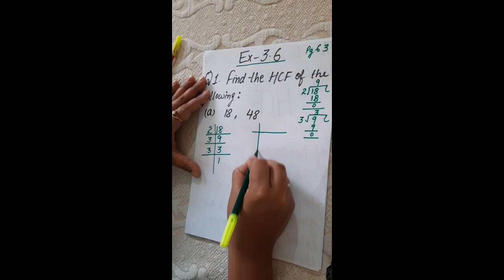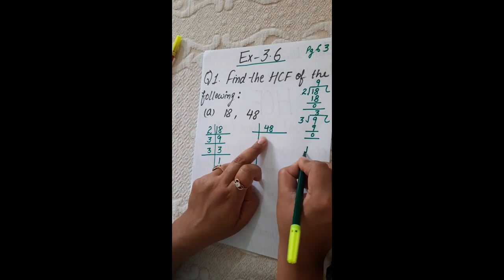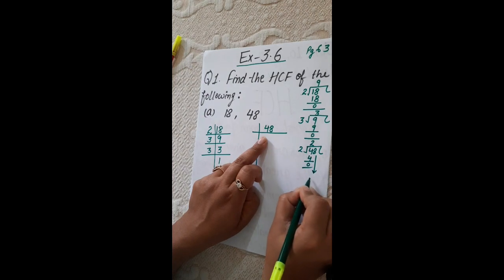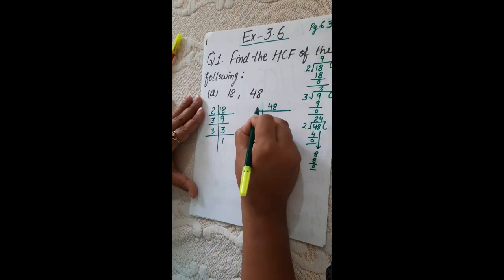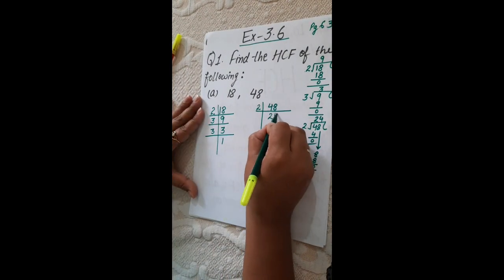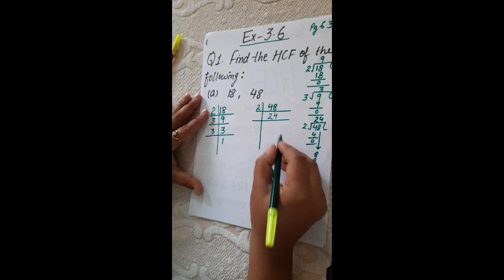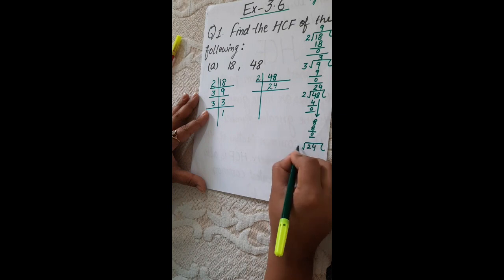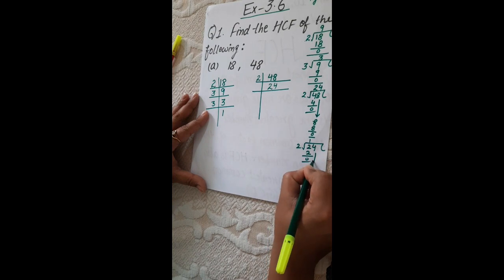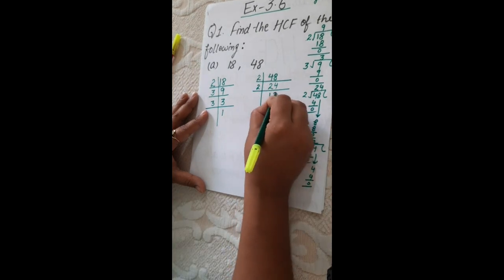Similarly, we will solve the prime factorization of 48. Just divide 48 by 2. 2 2s are 4, then we have 8, 2 4s are 8. Then I will write 24. As we know, the last digit is 4, so it is divisible by 2. Again divide 24 by 2. 2 1s are 2, then we have 4, 2 2s are 4. So after that I will get 12.